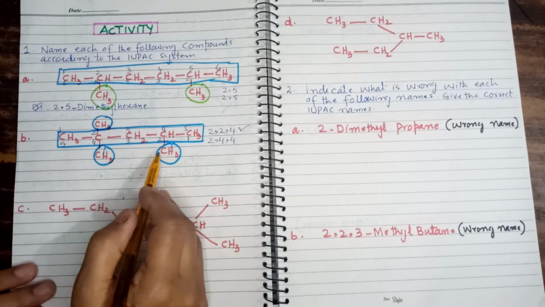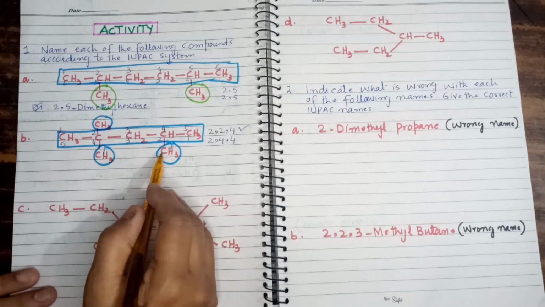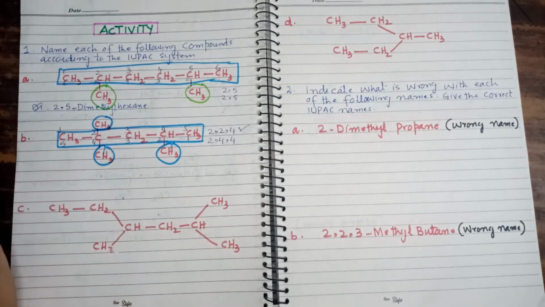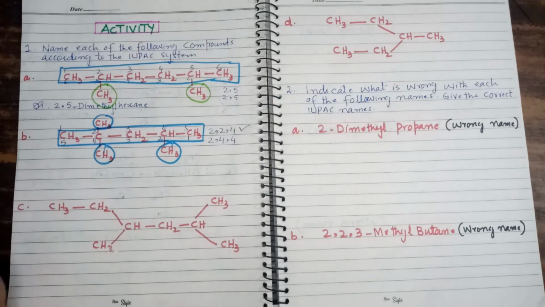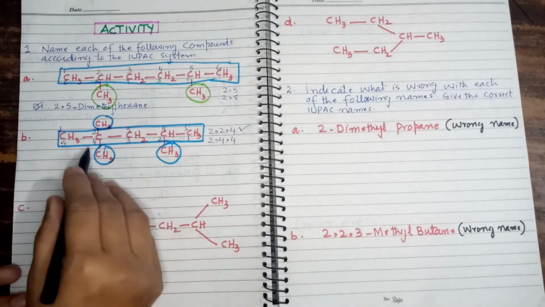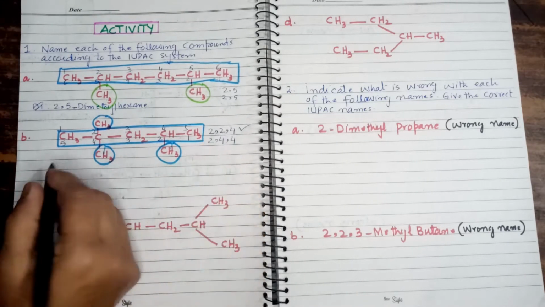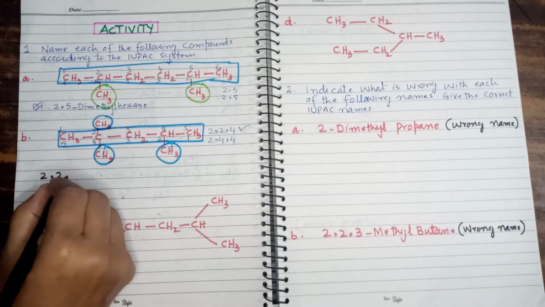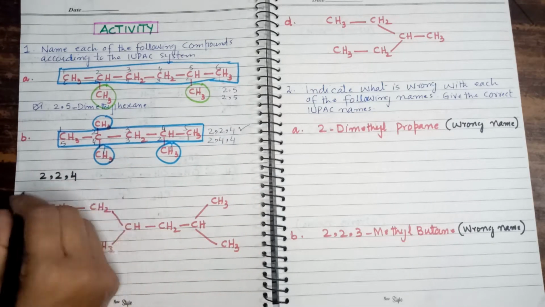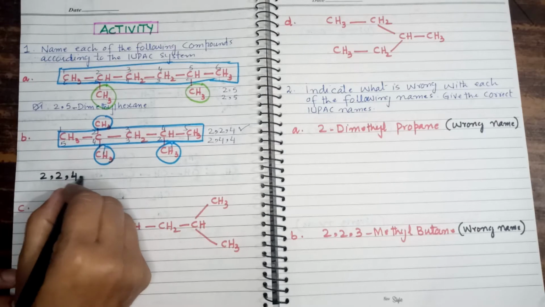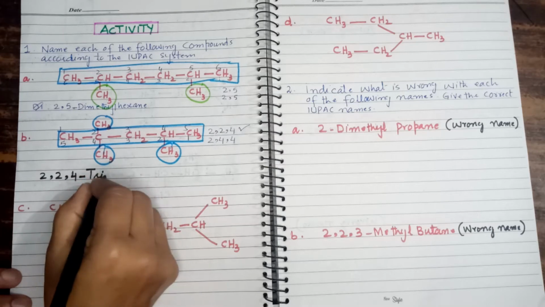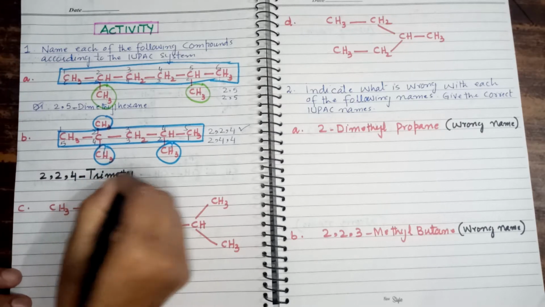Trimethyl, right? Now, before writing trimethyl, we must mention the positions of all the 3 methyl radicals. So, we write the positions of all the 3 methyl radicals and then we assign the IUPAC name to this molecule. One methyl radical is attached with second carbon, another methyl radical is attached with second carbon, and the third methyl radical is attached with fourth carbon, right? Then we place hyphen. How many methyl radicals are there? 3. So we write tri. Radicals are methyl, we write trimethyl, right?